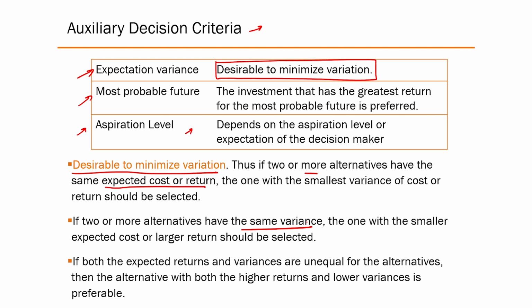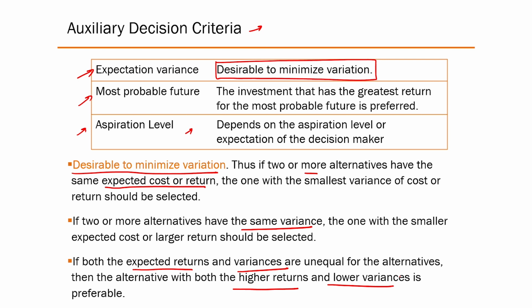Make sense? But if both the expected returns and variance are unequal for alternatives, then the alternative with both higher returns and lower variance is preferable. Right? You are basically trying to maximize your returns and lower your variation. That's what this principle does. Seems simple, but even these three rules will not be able to help you out in alternative selection all